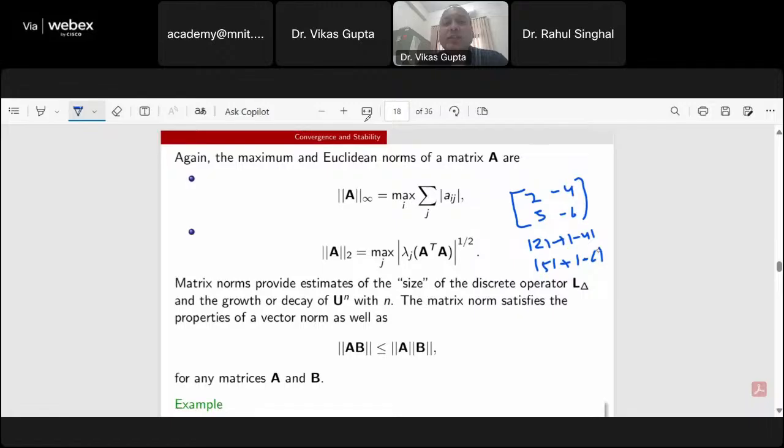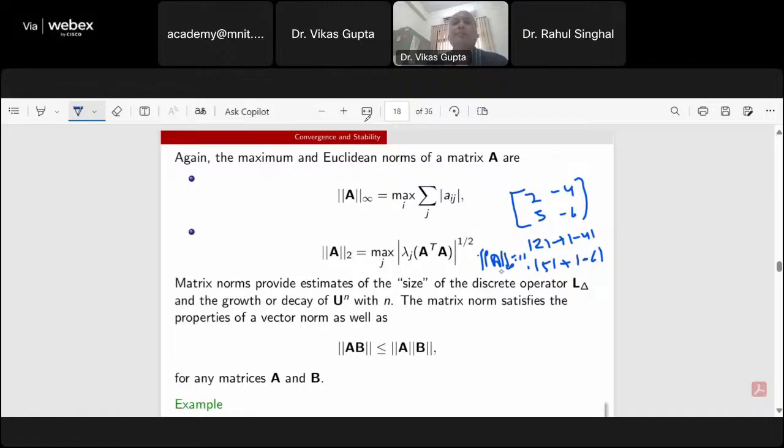Am I right? So summation over j of mod a i j. And then we consider the maximum over the rows. So what is the maximum of them? Mod of minus 4 plus mod of 2, that is equal to 6. Mod of minus 6 plus mod of 5, that is equal to 11. So maximum norm for this matrix is